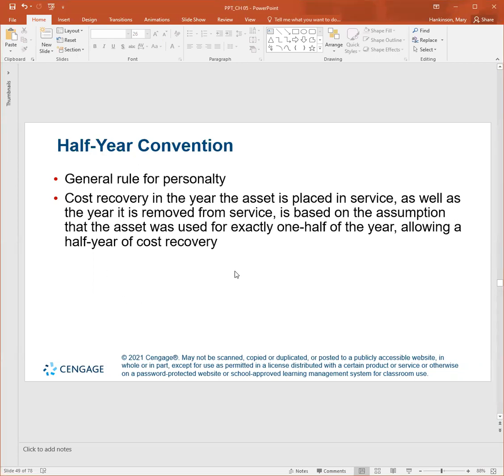So here's a slide describing that. For example, the recovery period for property with a class of 3 years begins in the middle of the year the asset is placed in service and then ends 3 years later. So in practical terms, that means that the cost of the personalty is actually recovered over 4, 6, 8, 11, 16, or 21 tax years instead of the 3, 5, 7, 10, 15, 20.